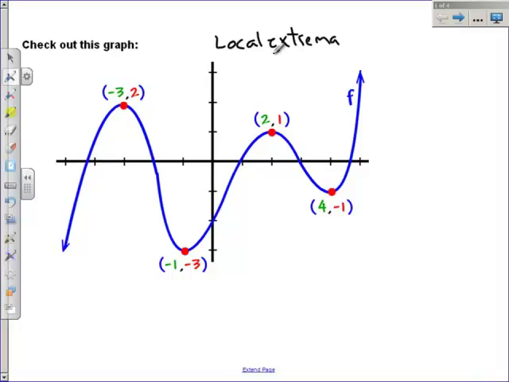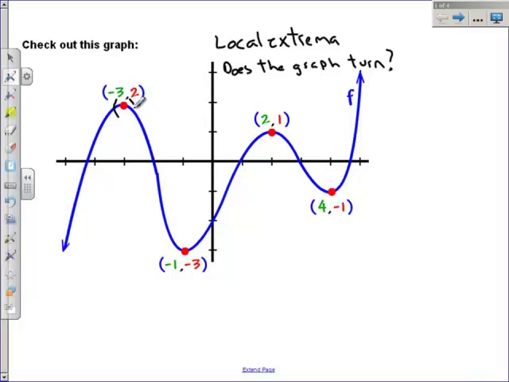Or does the graph turn? And if it does turn, where does it turn? So anyway, this is what we're going to figure out. We're going to figure out, does the graph turn, and if it turns, where does it turn at? When something turns, it's going to create a local extrema, and we're going to call this a max or a min. And the reason we're going to call it local is because if I look in this neighborhood